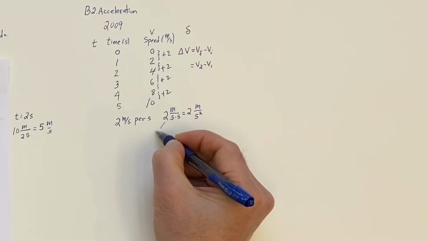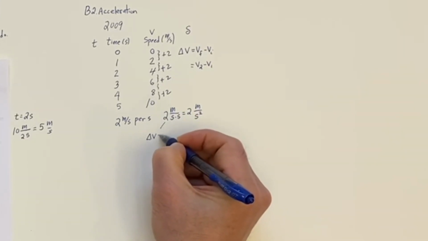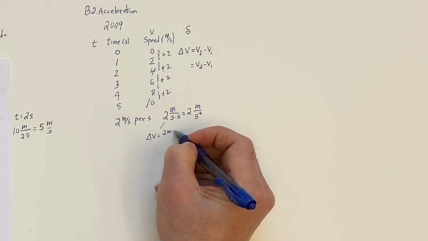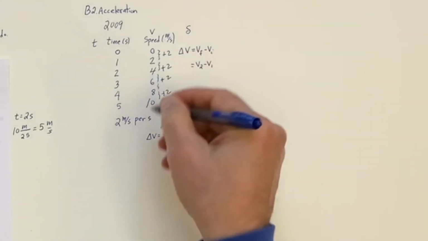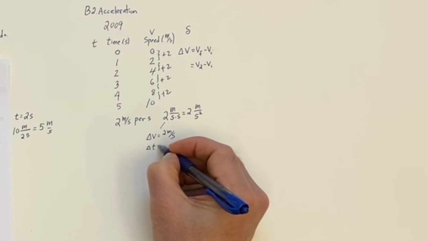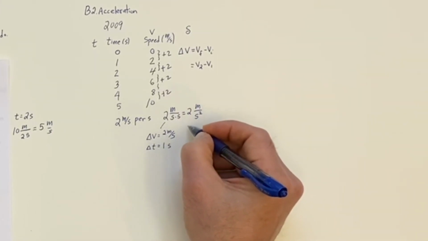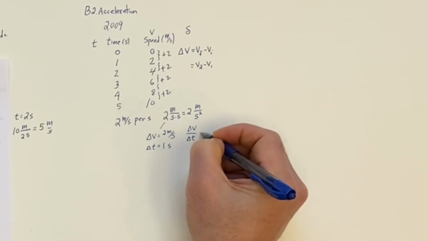So this 2 meters per second, you can think of that as a delta V, is your 2 meters per second, and since the acceleration is constant, every second it's going to be the same. And the delta T is the 1 second, and by taking delta V divided by delta T, that's